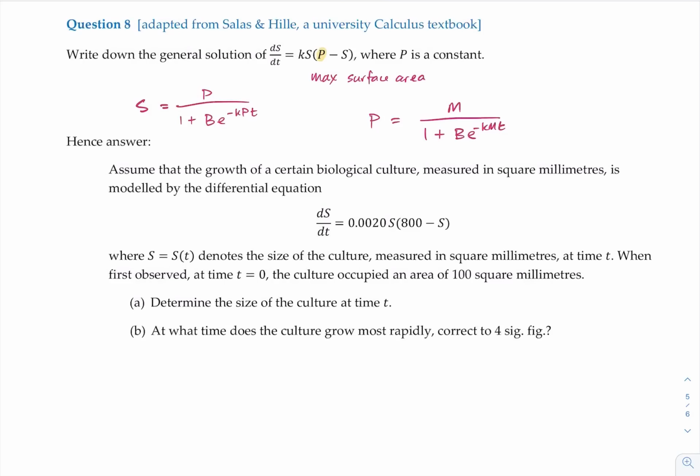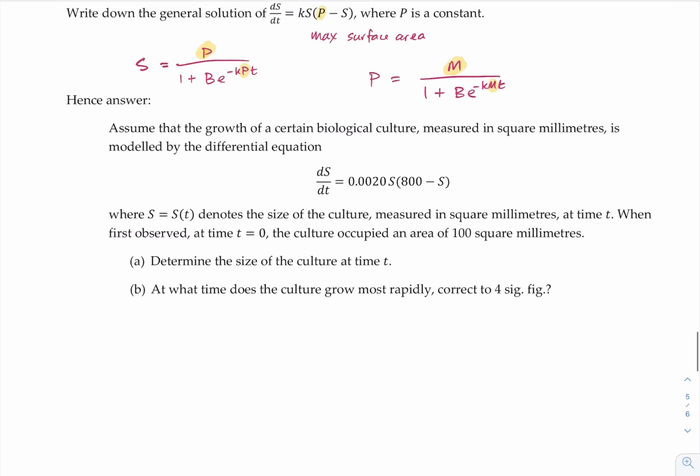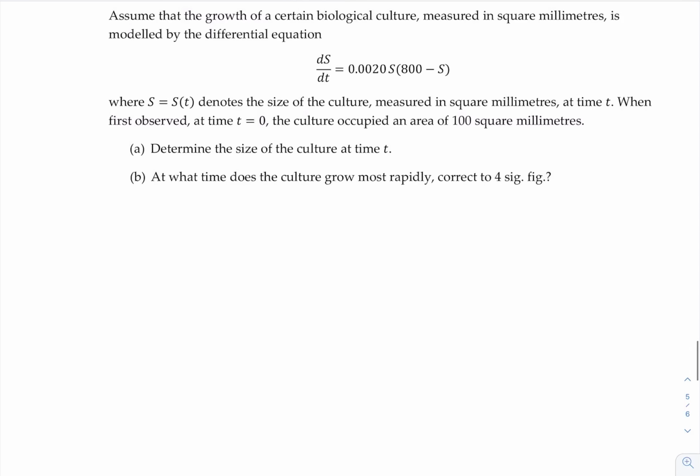Right, so that appears in those places. It's the same thing. Okay, hence answer. Assume that the growth of a certain biological culture measured in square millimeters is modelled by this